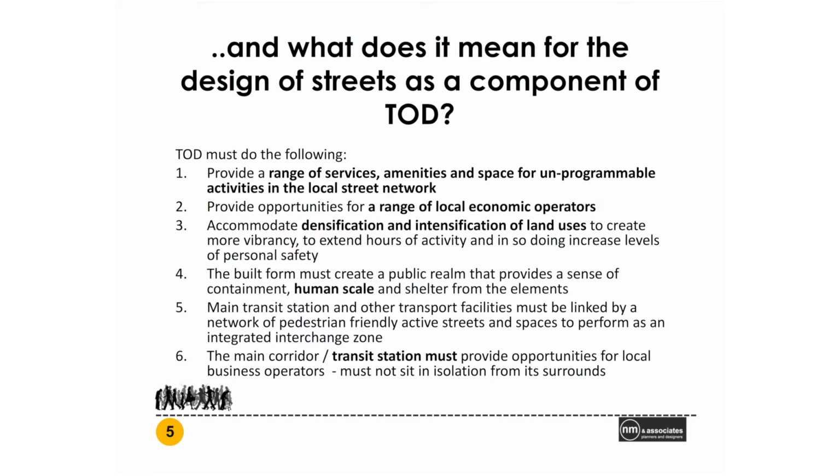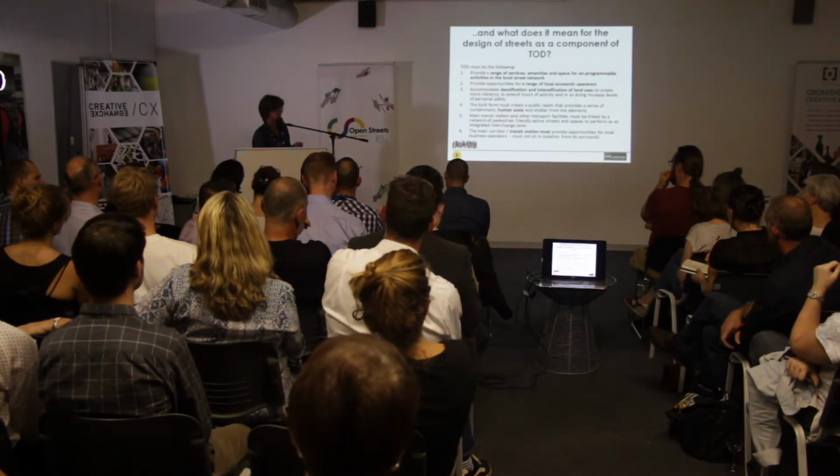And then that main transit station, together with the other transport facilities, has to be conceived as part of a kind of seamless system where people can walk from one to the other easily. And that network of public spaces needs to be activated by particular land uses. And I think that's our fear, that the stations currently, and I know it's a starting point, are going to change incrementally over time, but they are currently very isolated